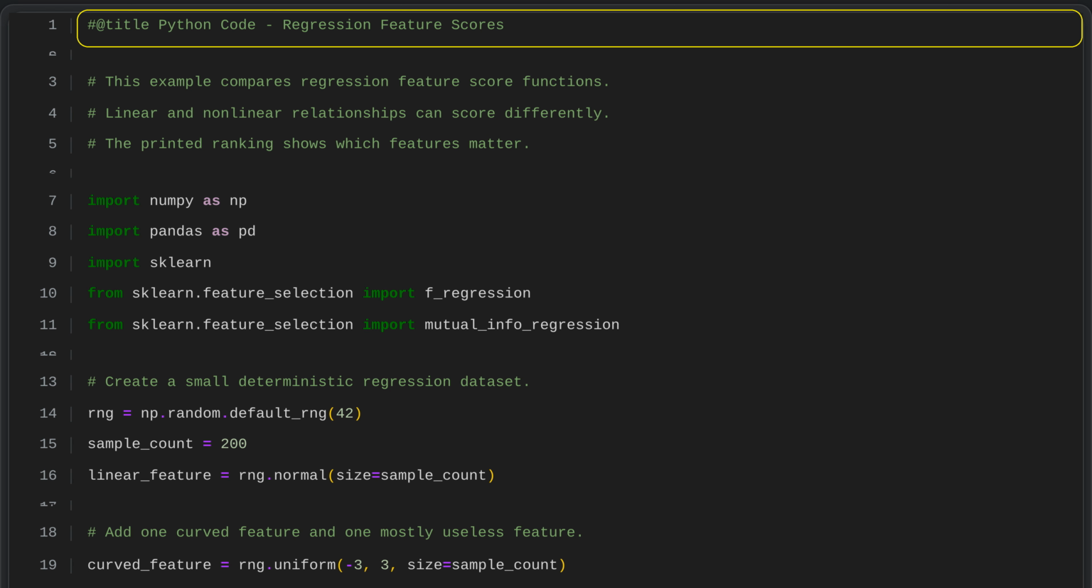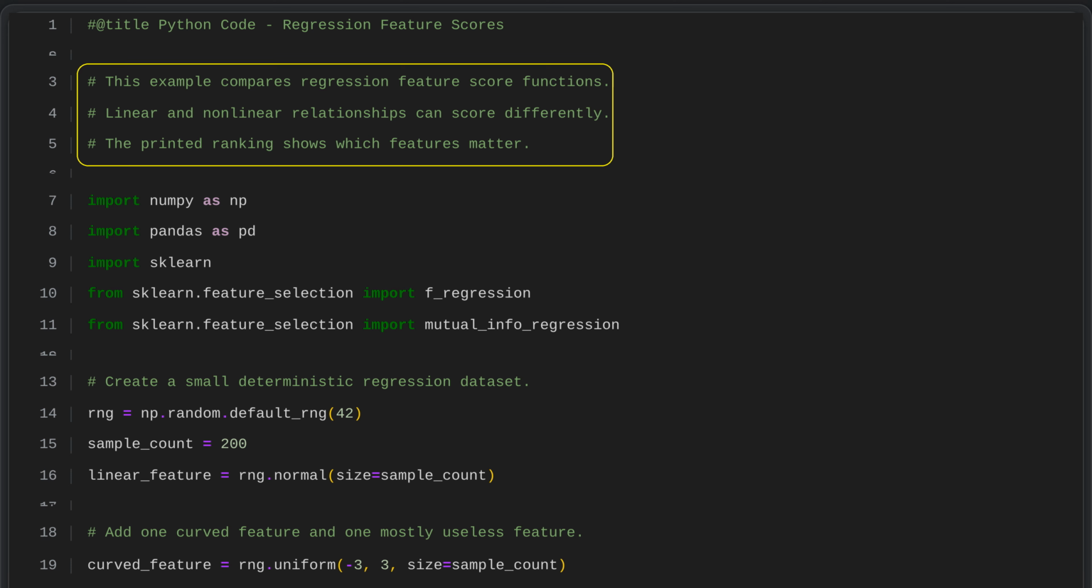Python code, regression feature scores. This example compares feature scoring methods for regression. It shows that linear and nonlinear relationships can receive different scores, and the resulting ranking helps identify which features are